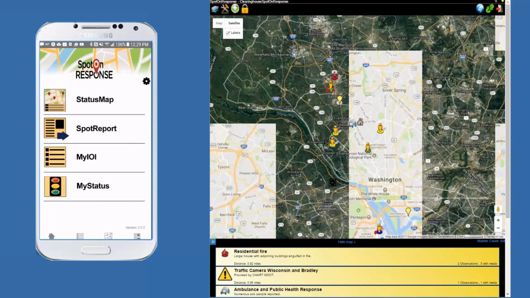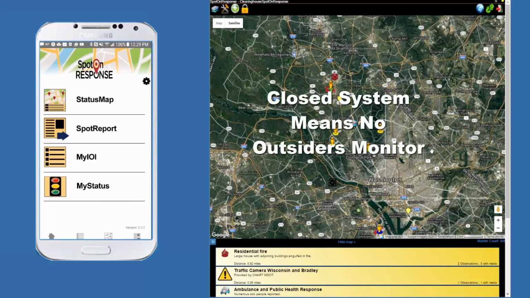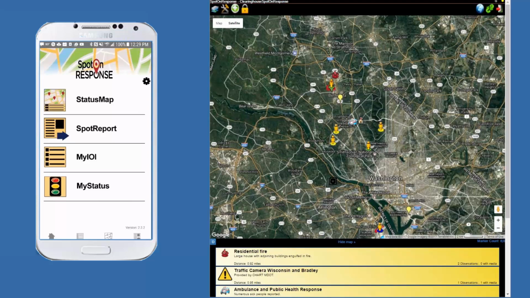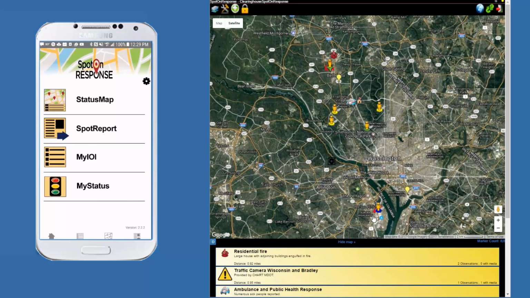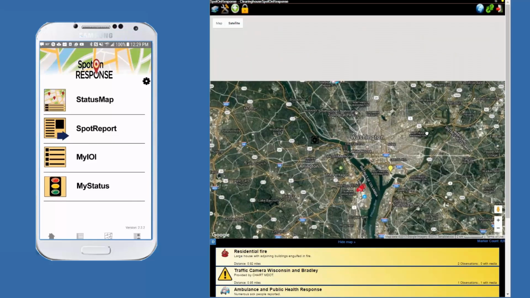Particularly as we've seen the sophistication of improvised terrorist attacks and the use of monitoring social media, this is not something outside groups or adversaries can monitor. It's a closed system. The only people who will see the data are those you authorize. It means that when you're responding to these situations, you have a lot of information at your fingertips, and you're able to overlay that with live reports coming from the people in the system